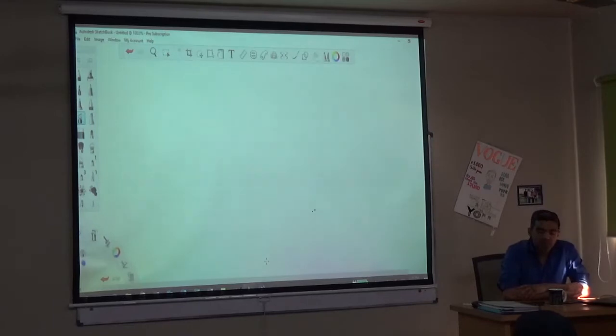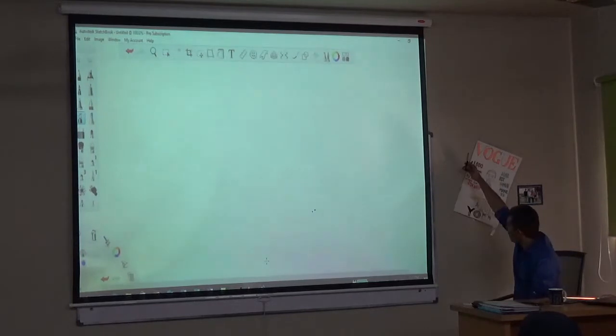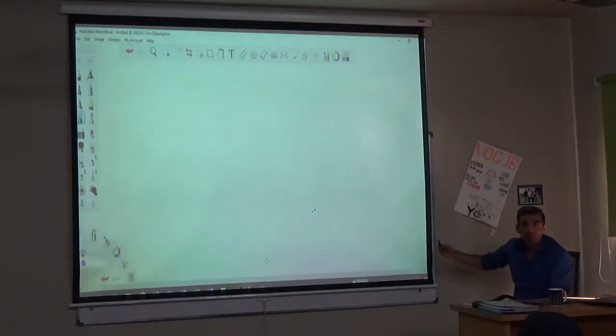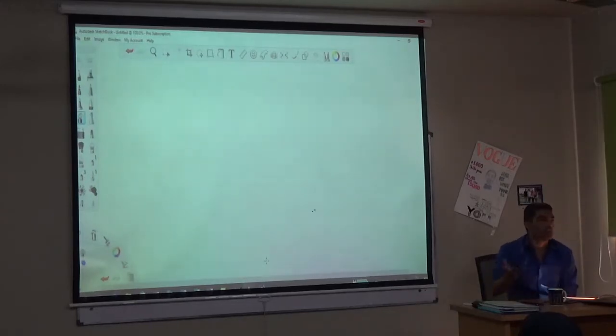So when you talk about the equation of a line, it's not just y is equal to mx plus c anymore. It used to be y is equal to mx plus c, a very simple equation for a line, because you were just dealing with a line in 2D. You were just dealing with lines in a plane. So it was very easy to define the equation of a line just by y is equal to mx plus c,